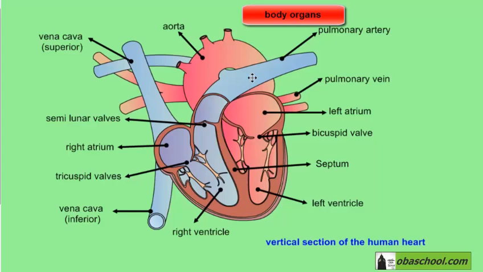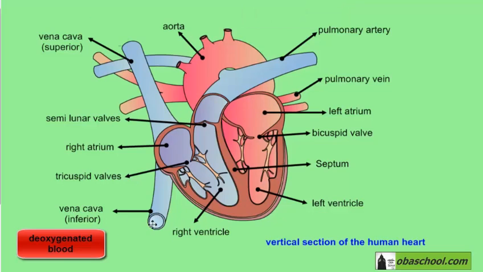Now, by diffusion, oxygen will go from the blood to the organs, and carbon dioxide will go from the organs to the blood. So the blood is now deoxygenated. It will return to the heart through the vena cava, through the superior and the inferior vena cava. Both will take this deoxygenated blood to the right atrium of the heart. So the right atrium of the heart fills with deoxygenated blood,